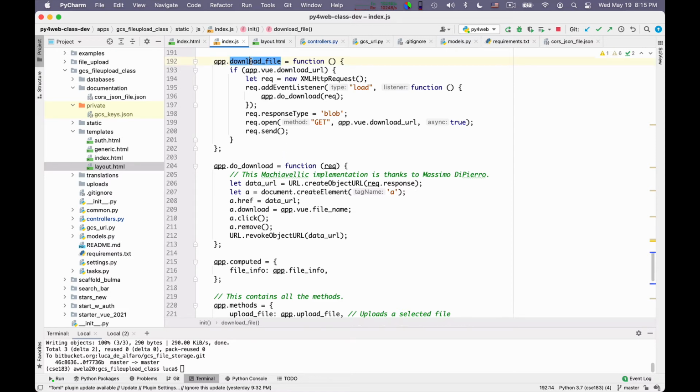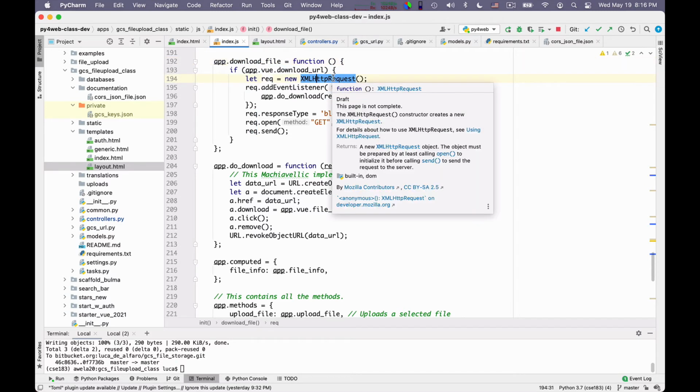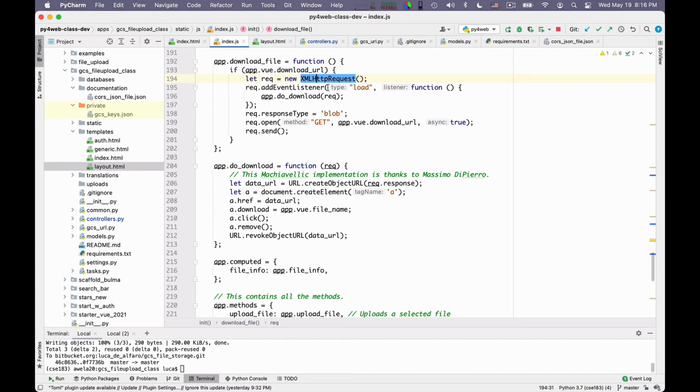When I want to download a file, the first step is that I download it from Google Cloud Storage to JavaScript, so to the internal Vue controller. So I build again one of my XML HTTP requests. The type is GET by default.